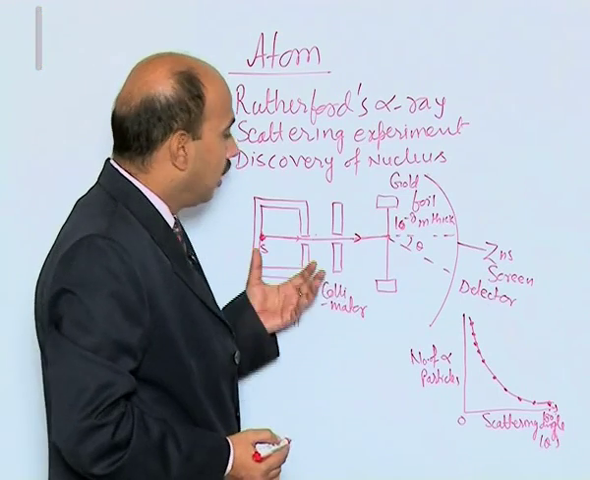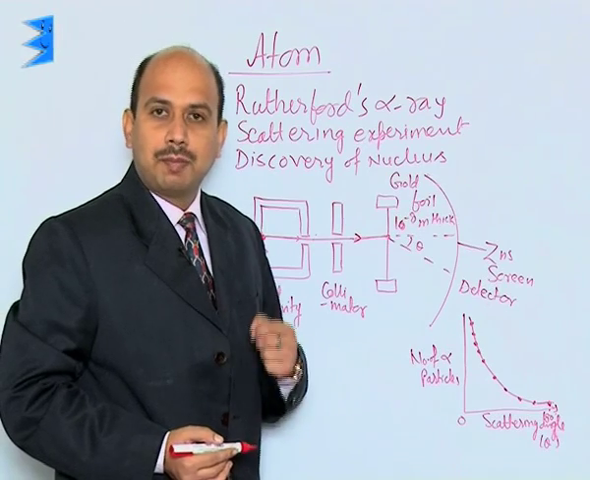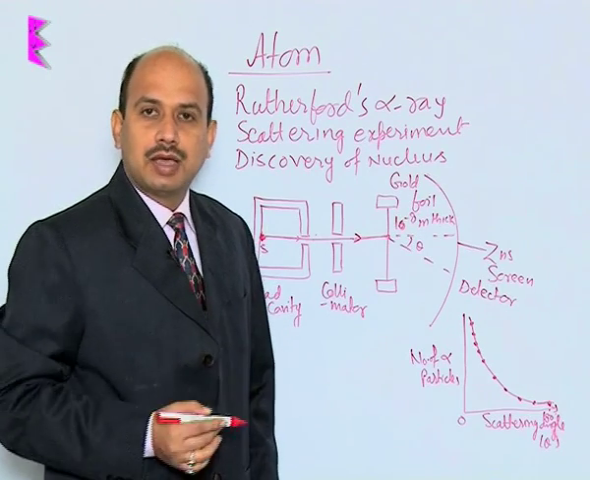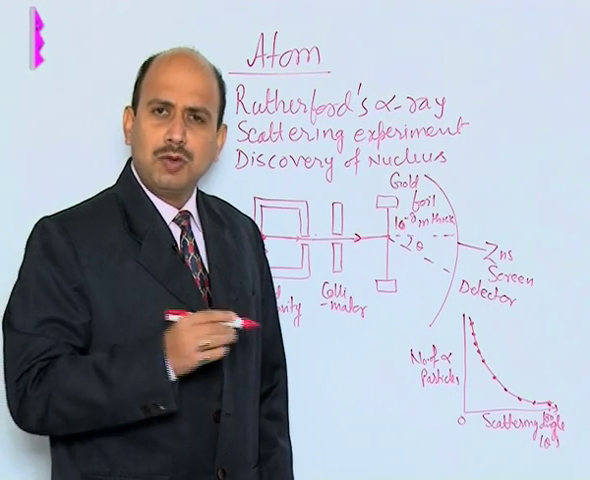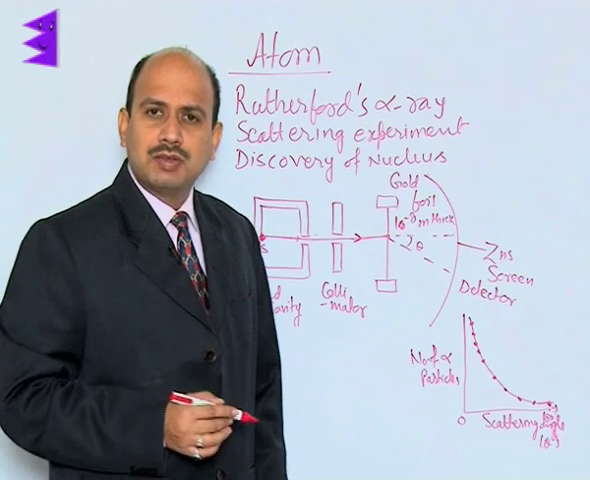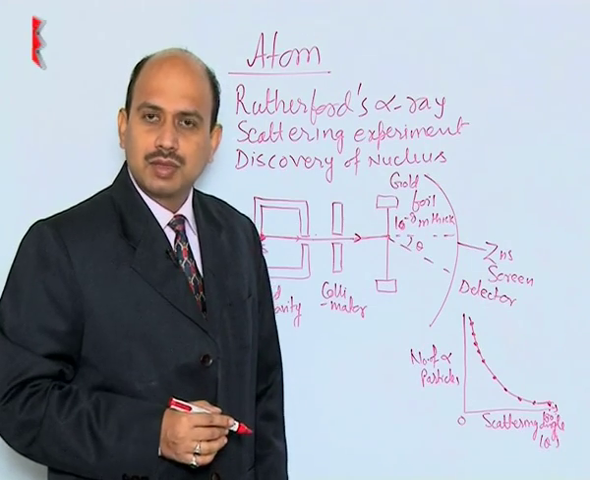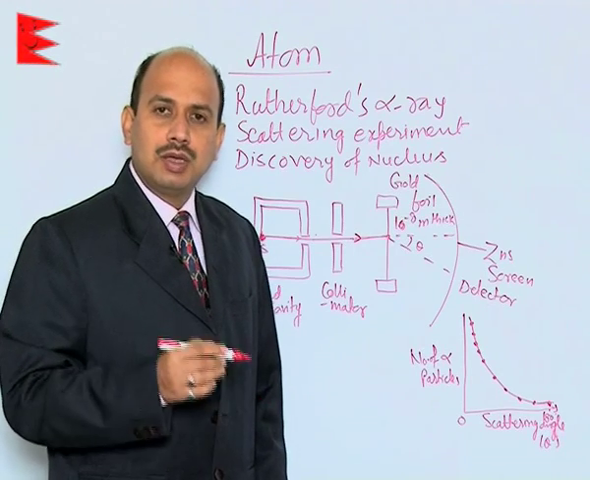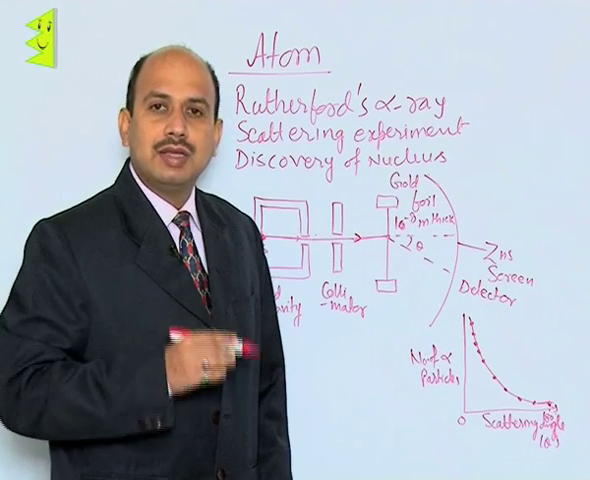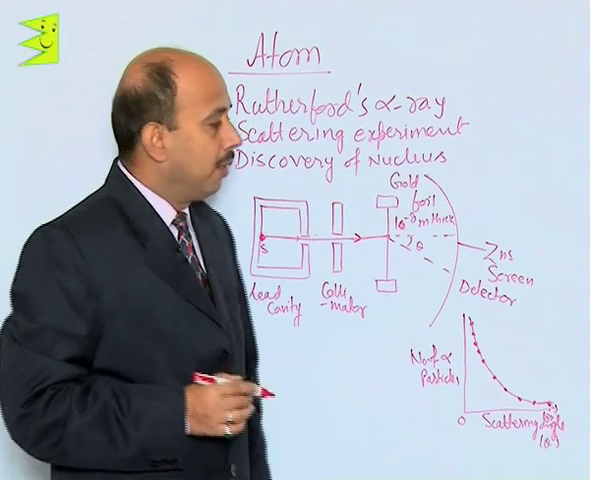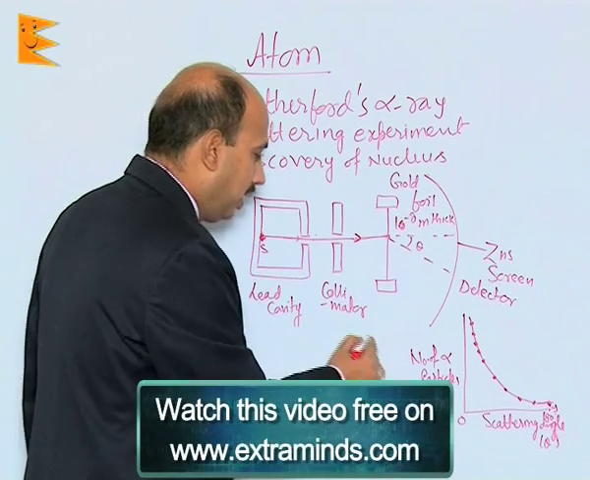Now, when this experiment was performed, it was found that most of the alpha particles passed through in a straight line without much deviation, and only very few alpha particles, around 0.14%, were scattered by more than 1 degree, and very few, around one in every 8,000 alpha particles, were deflected by more than 90 degrees. So, with the help of these observations, it was concluded that inside the atom,